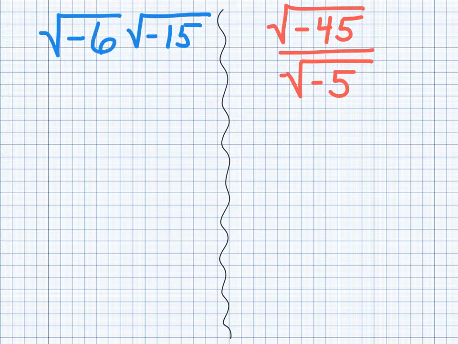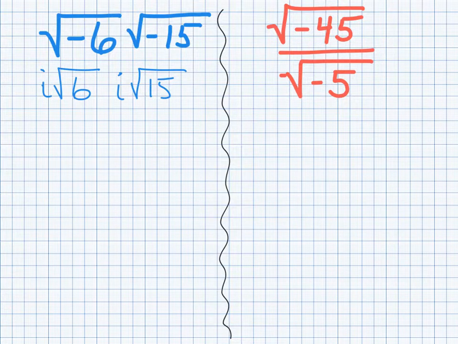Okay, here we are once again simplifying expressions, and there are negative values under the radical, meaning we are going to have i most likely in our answer. In this first one, I'm going to break down the square root of negative 6 as i square root 6, and the same thing for the square root of negative 15, i square root of just regular 15. That just breaks out the negative, so we can just deal with the square root of 6 times the square